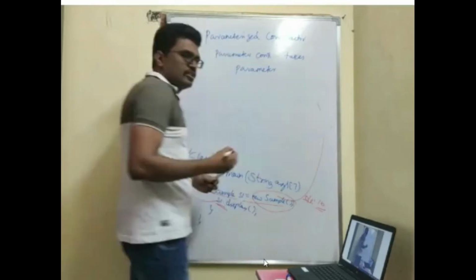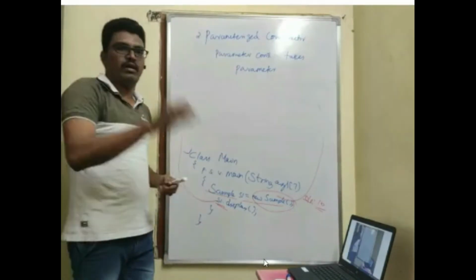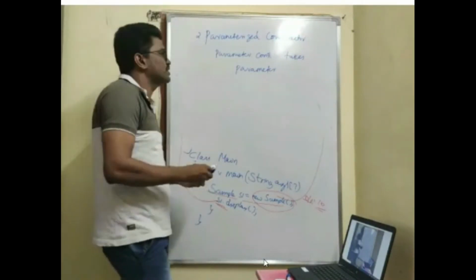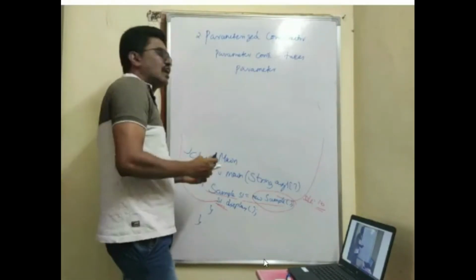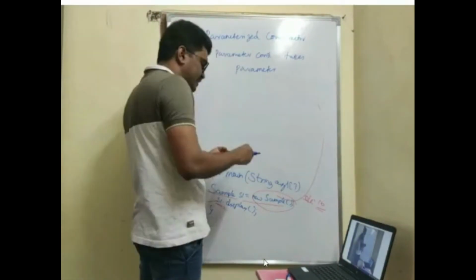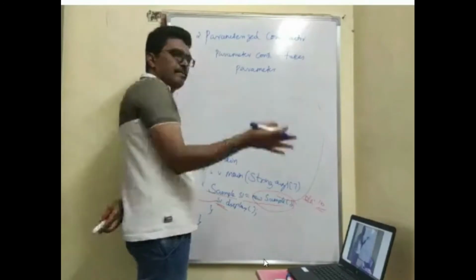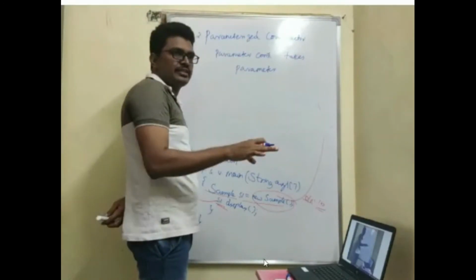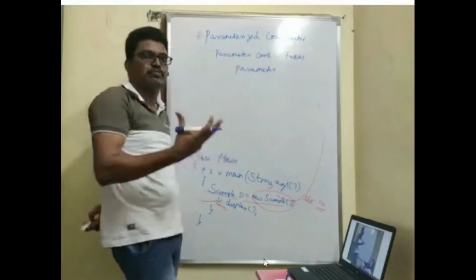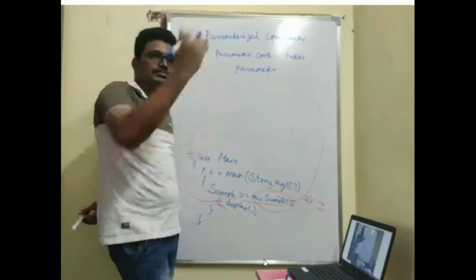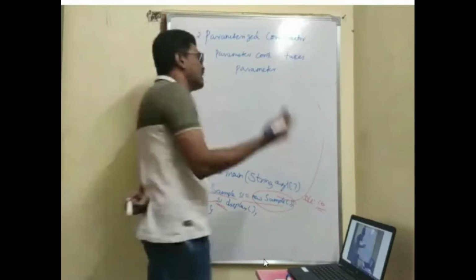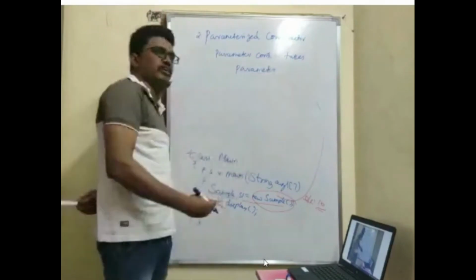Okay, it is going to take parameters. A default constructor does not take parameters, but this is going to take parameters. Normally the number of parameters will be equal to the number of variables in the class, because what is the main purpose of a constructor? I want to initialize. So now I have 3 variables in the class, then I'll pass 3 parameters to this constructor because I want to initialize the 3.